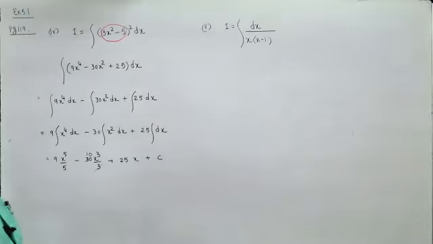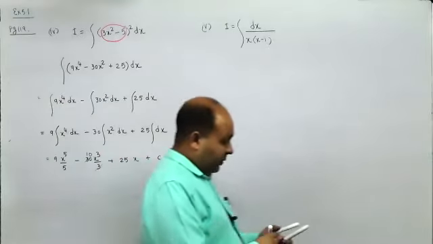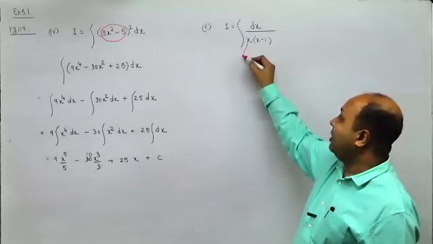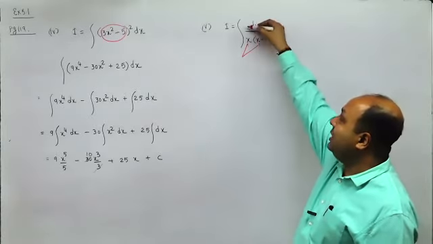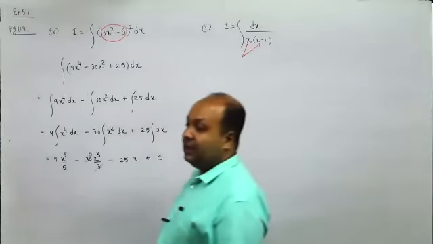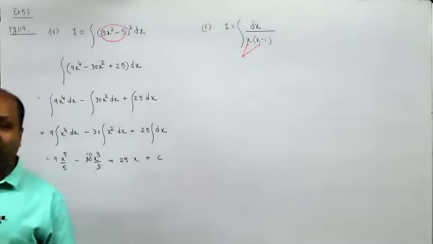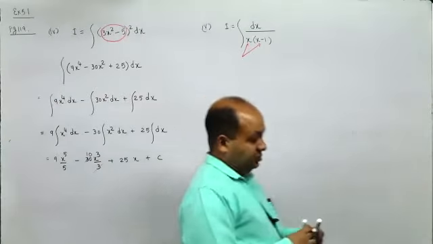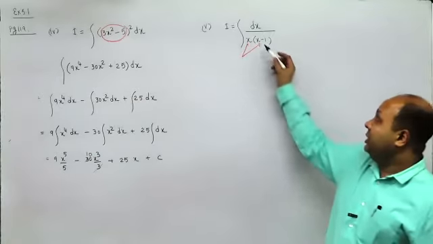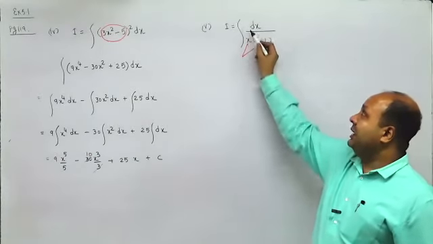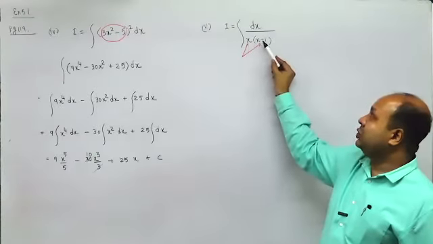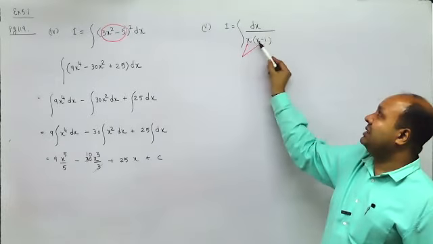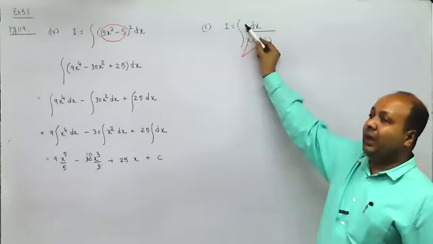Now here, x into x minus 1. Remember, when the power of x is same within and outside the bracket, split the numerator in terms of the denominator. Now, how do you split the numerator in terms of the denominator? Here, this is 1. You need to get 1 here using these two terms. Now, the difference between these two terms is 1. So, what I'll do is I'll subtract the 2 so that I get 1 here.